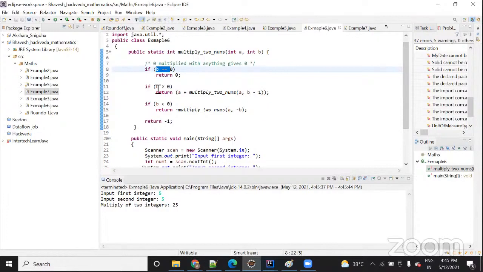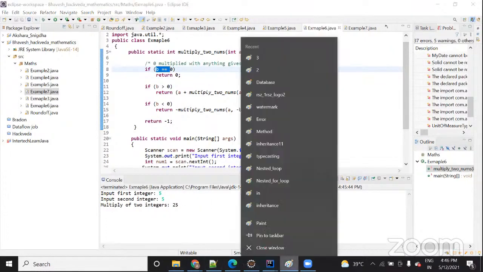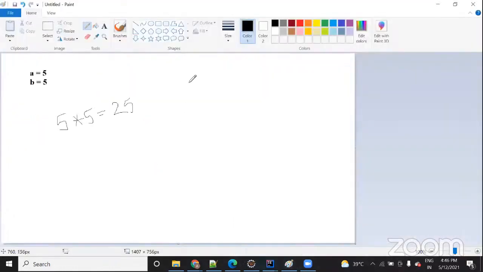You will come to this part. Is b greater than 0? Yes. So what will it return? A, which is your 5, plus multiply(5, b minus 1), that is your 4. So it is going to return 5 plus 20.